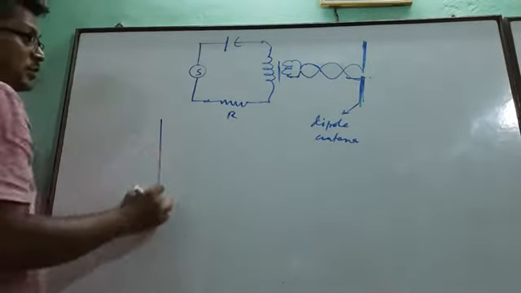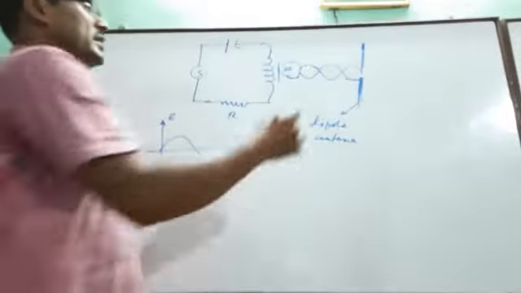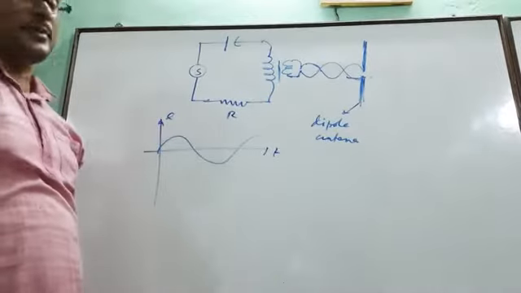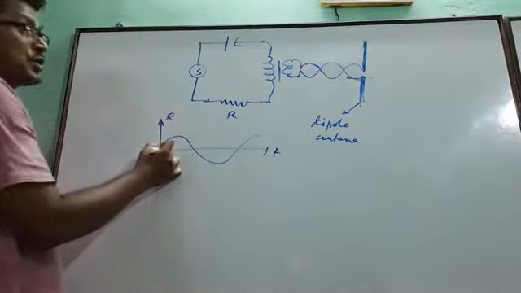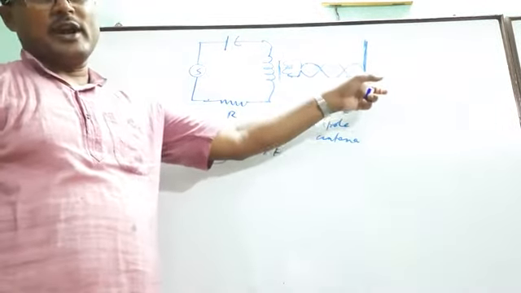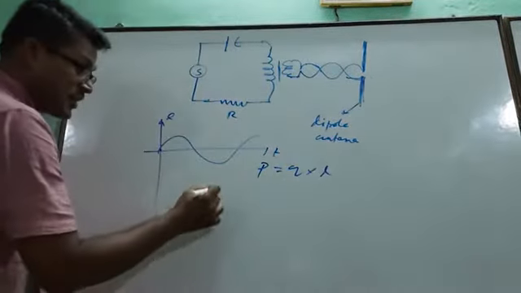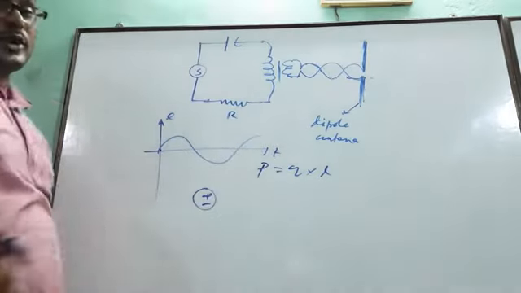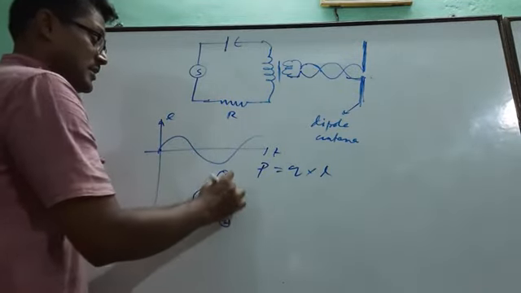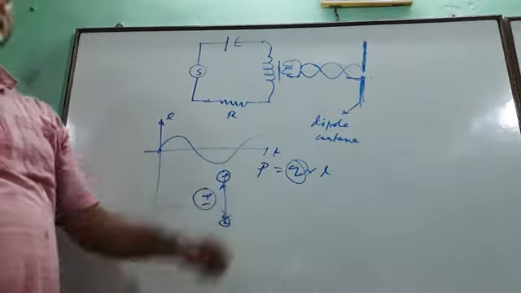As it is AC voltage, this is the nature of AC, this is time, this is voltage. So the voltage of these two dipole antenna will vary with time like this. Initially the voltage is 0, so we can say the dipole moment of this dipole antenna is 0 initially. The dipole moment formula is what? P equal to Q into L. So the positive and negative are situated at the same point. Now as it increases, the dipole moment increases. The length increases, considering that the charge remains the same, only the length changes.